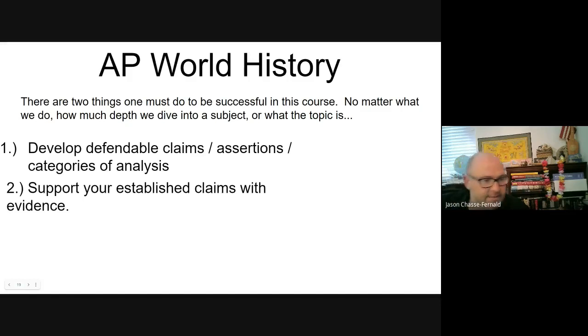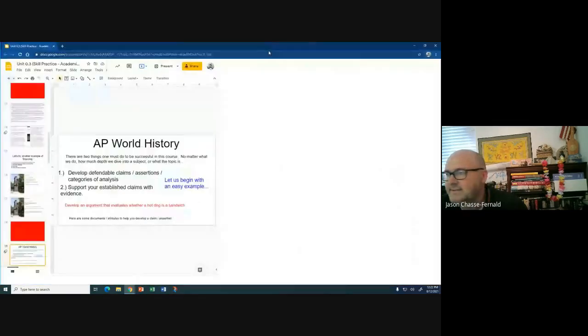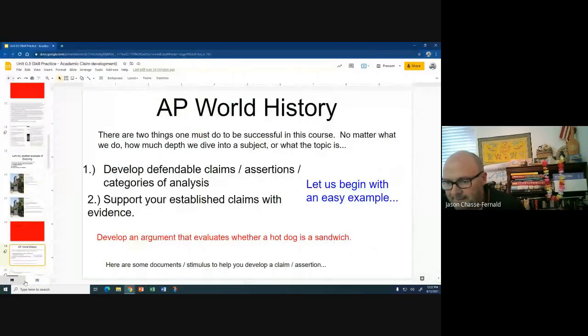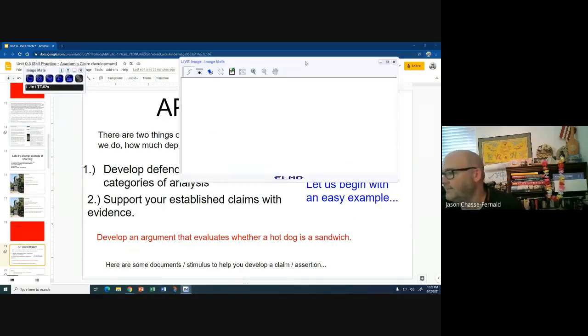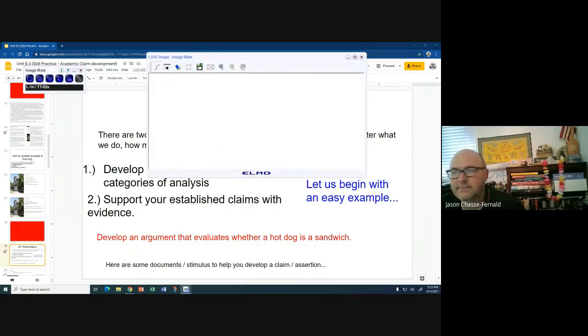All right, where's my Elmo gone? Did I close that thing down? Say it isn't so. Yes, I must have closed it. All right, let me open that up again. Hold on. So there's a couple more notes I do want to give. Sorry, I'm really out of practice with this stuff. I gotta get better. All right. There you are, coming back to life again. Oh, that's not gonna work.